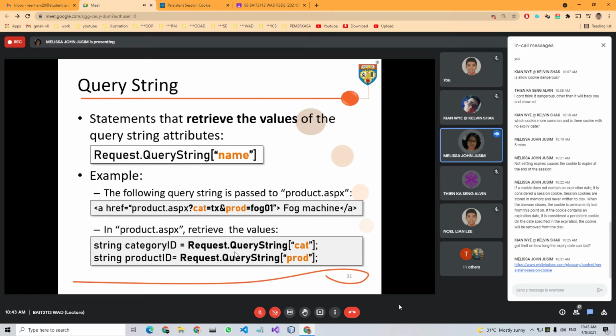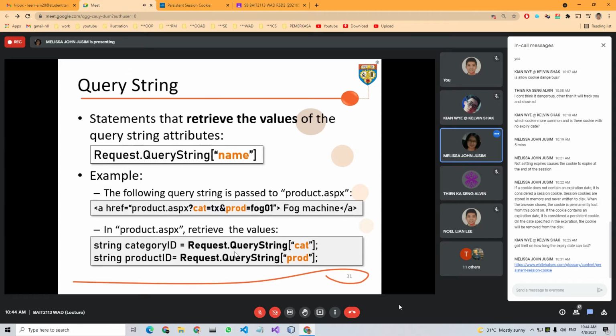So we have category and product. How to retrieve the value? We use back the names, category and product. So Request.QueryString, specify the name of the attribute, which is category, and also product. Normally for our coding, we will store it into a variable. If it's a string, then make sure you declare an appropriate variable type, string.